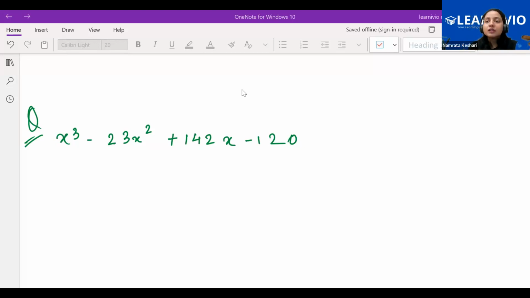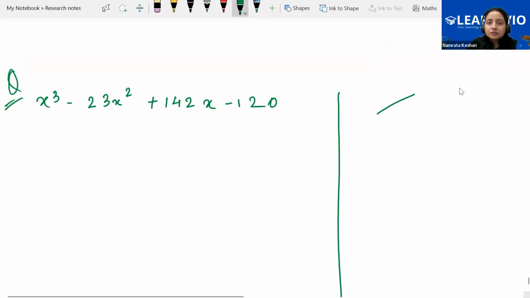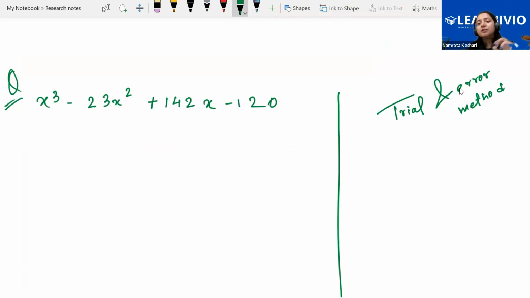Okay, so there is a method called the trial and error method for factorizing the cubic polynomial. What this method says is, the way we try, when you go for shopping, what you do,